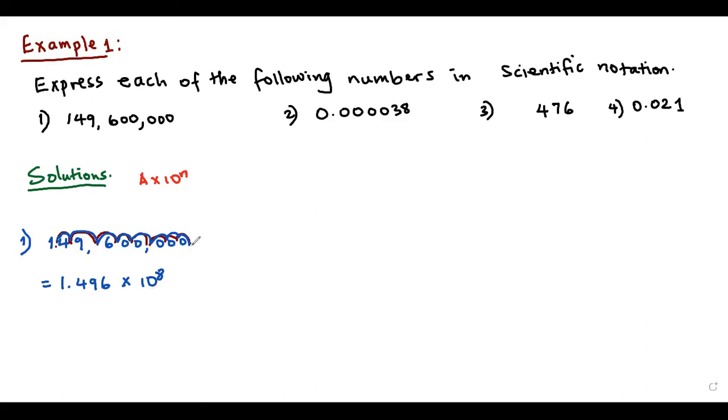Now, when we move the point from right to left, when we go to the left, the power is positive. But when we go to the right, the power is negative. You understand that? Now, the power is positive because we are going to the left. When we go to the right, the power will be negative. So we have